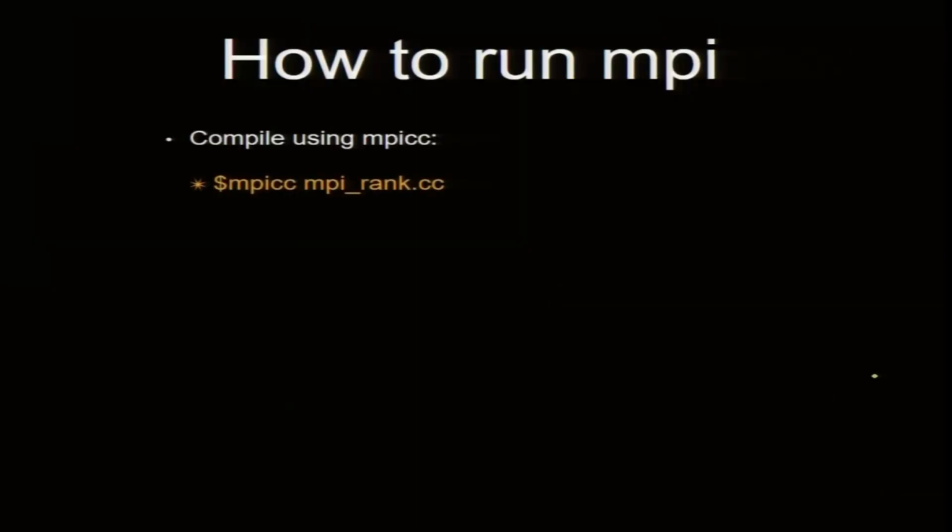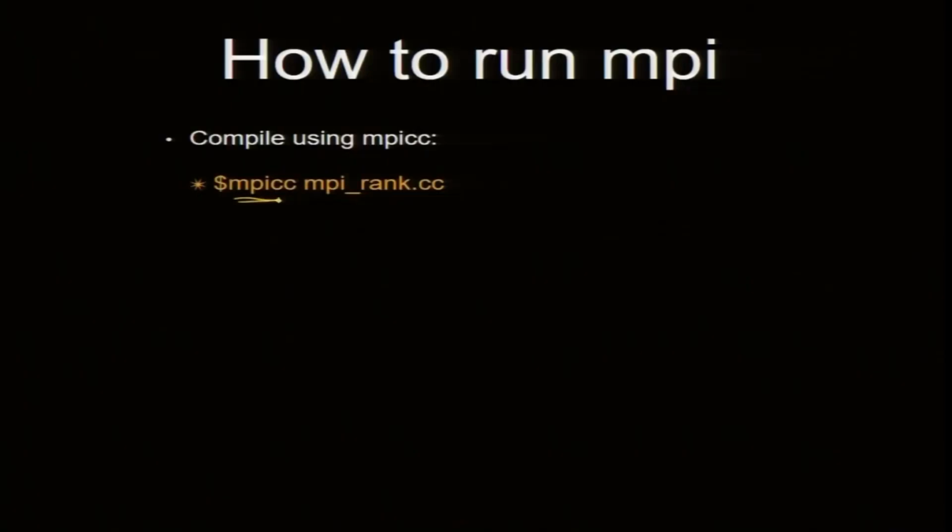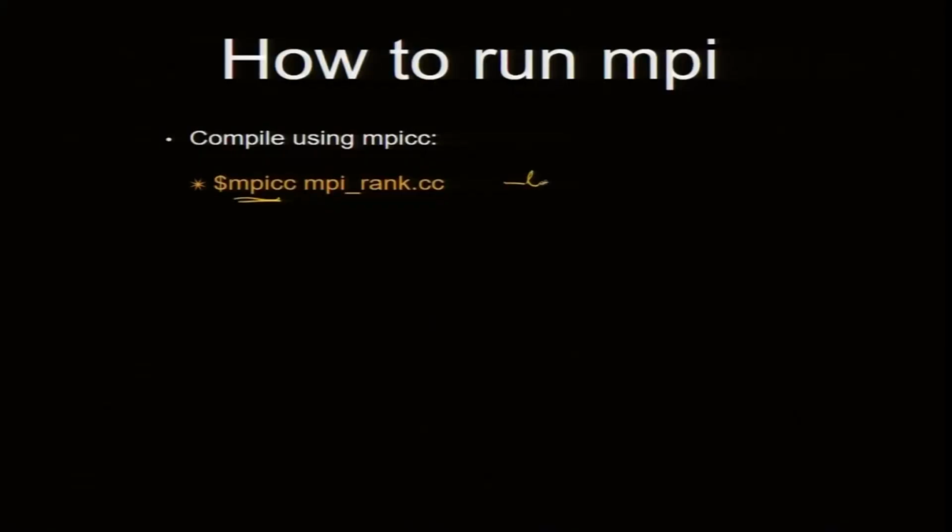So how to run MPI? Once you have installed it, then compiling: if you use GCC, you use some options, but it is recommended that you use mpicc for C compilation with MPI. mpicc calls various libraries in one shot. Otherwise you will have to put -L, various libraries, and -lm for the math libraries. So it's a bit clumsy to compile.